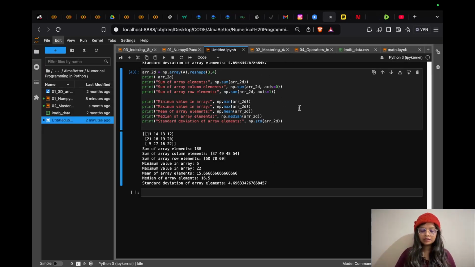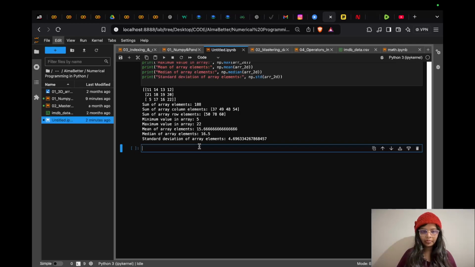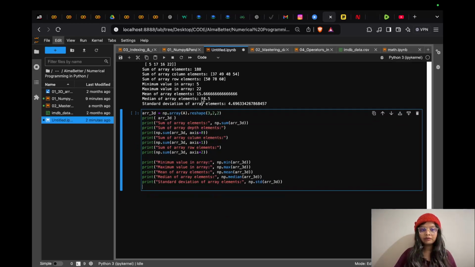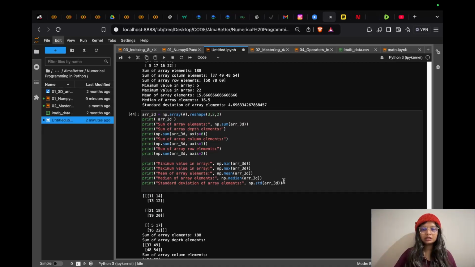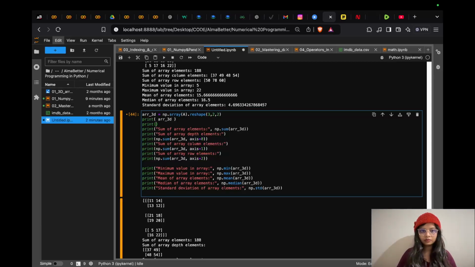Then we will see how we will apply this function on a 3D array. In the 3D array, again using the previous array, I am creating a 3 dimension array. Here we can see there are 3 depths, 2 rows and 2 columns. Now you can see here it is my